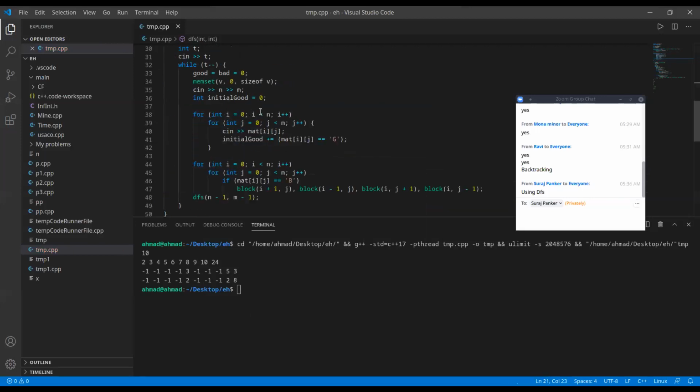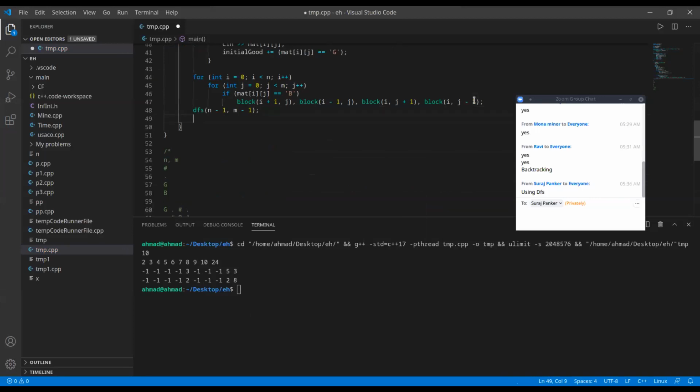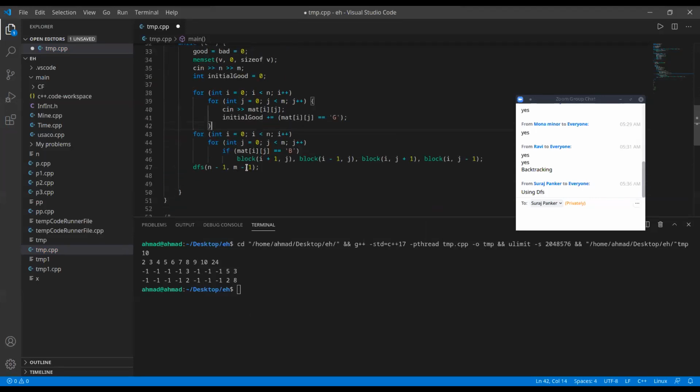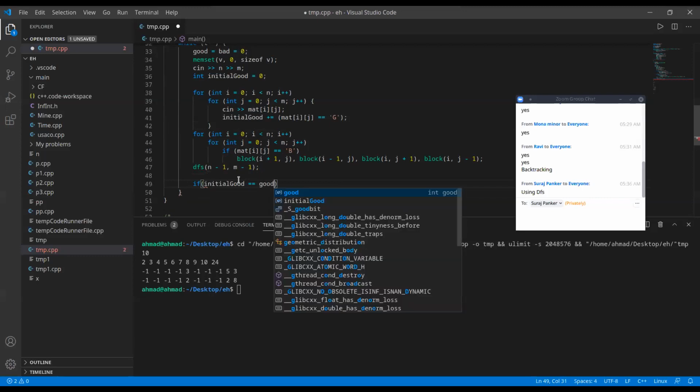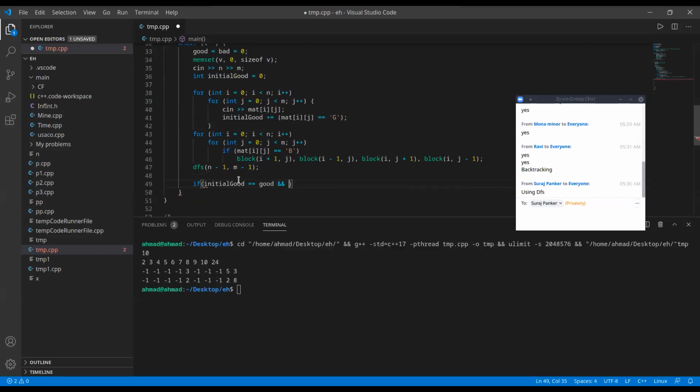So at the end, after DFSing from the last cell, I want to check if initial good equals to good and bad equals to 0.